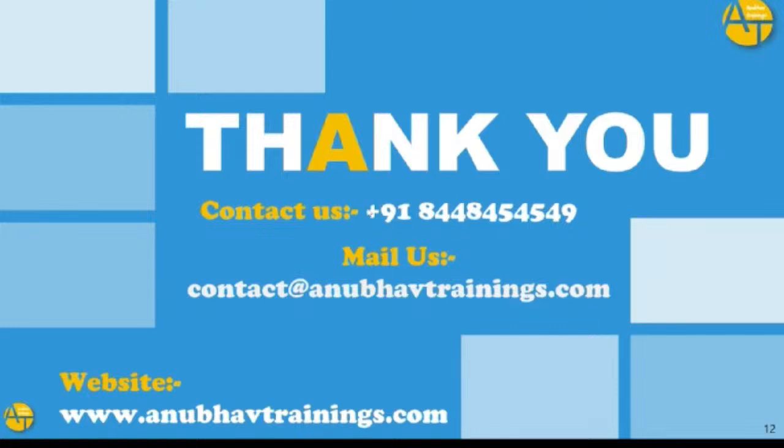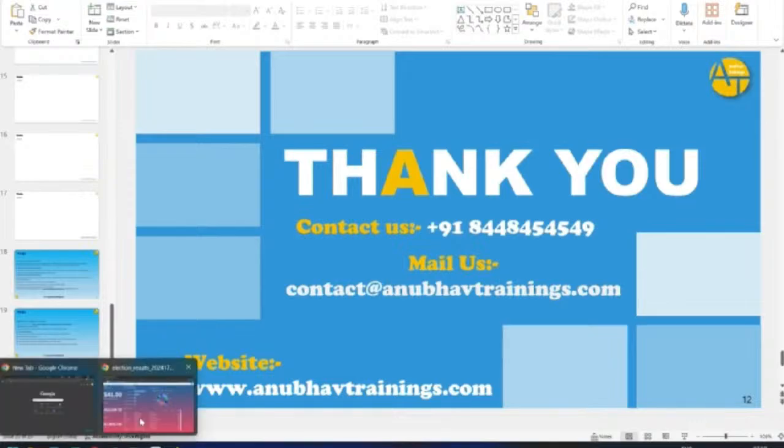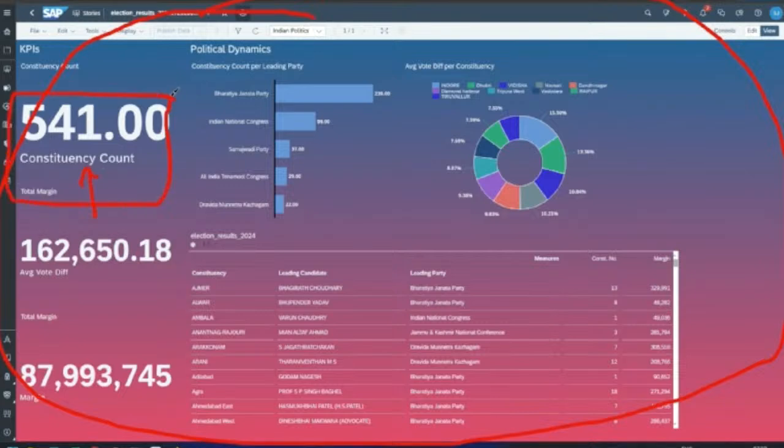What's the definition of a story? Is it a dashboard or is it a KPI? So a story is like a dashboard, and a KPI is one of the charts which you added inside. If you go back and look at our story, this entire thing that you built today is the story. You can call it a story or a dashboard. And this one chart which you created here is just one of the aspects, and this is your KPI.